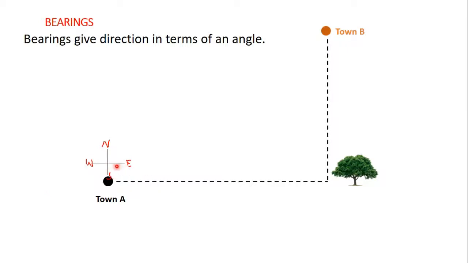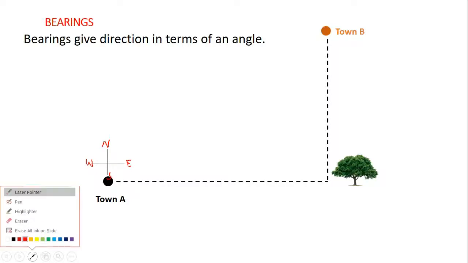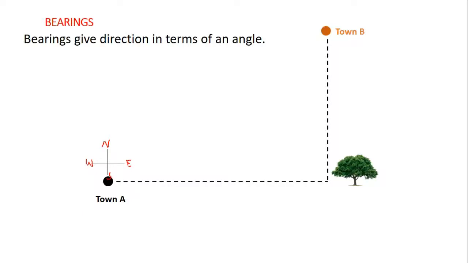What we will need to know is the angle that Mr. Kofi will have to turn when he is at town A. Now this is what we mean. You can see that when you draw your 4 cardinal points on town A, you can draw a line from town A to town B. Now if we give Mr. Kofi this angle here, the angle that will be created here, if you give that angle to Mr. Kofi,